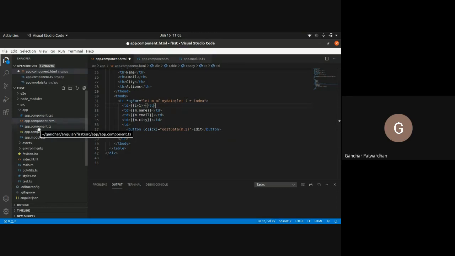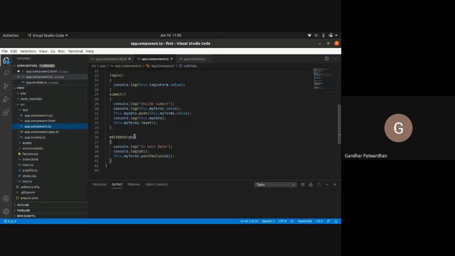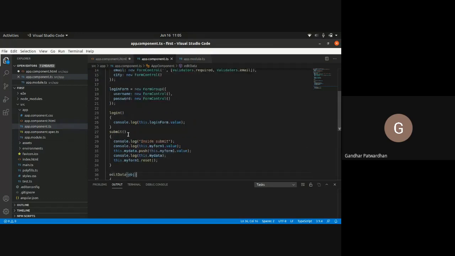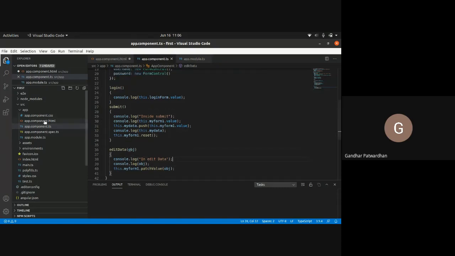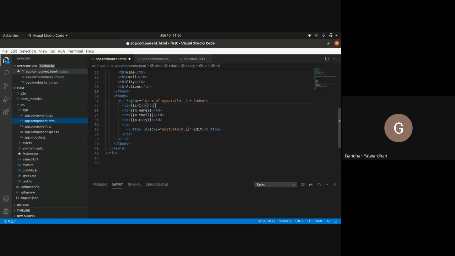And in our TS file, it's not here. It's here. Now there is a little change in this, right? In our edit data, we are passing the object which needs to change and our index.